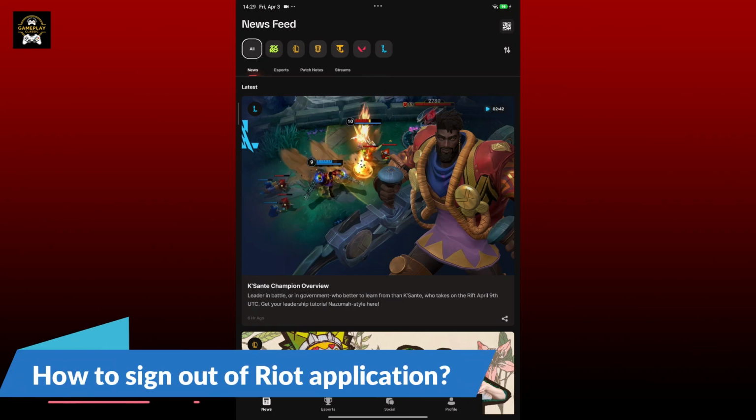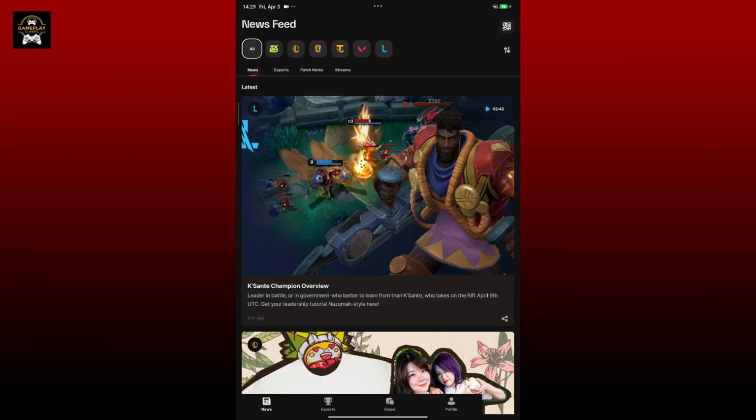How to sign out or log out of a Riot application on your Android device, whether you are using a mobile device or your tablets. So first thing to do is to launch the Riot application on your device and make sure you're in